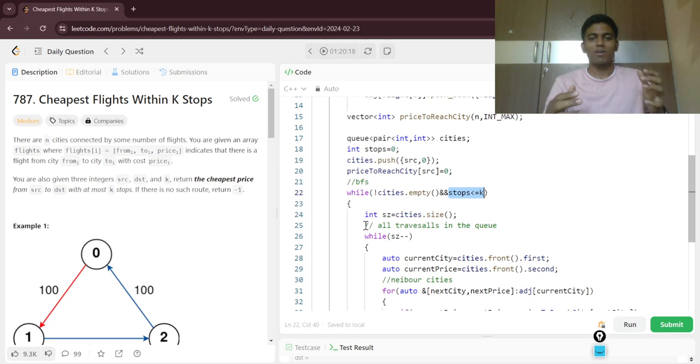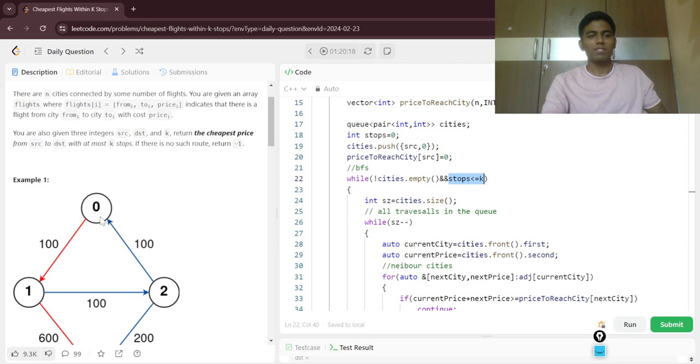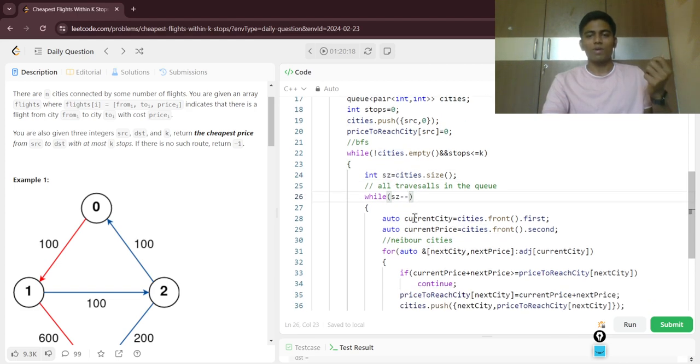Those operations we'll see. So let's say this is the source, and then we'll go through, as the cities queue is not empty since it contains this particular source. So we'll take the size, whatever the size. Here it is only one, so it doesn't matter. But in some other cases we'll get 2, 3. In those cases we'll get to know why we are taking size. So in this particular case we are taking size equal to 1, and then for